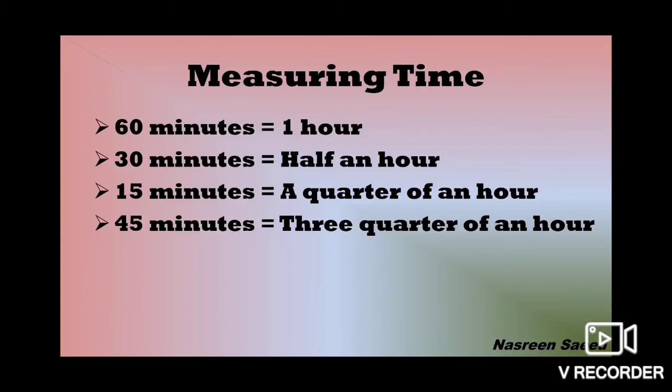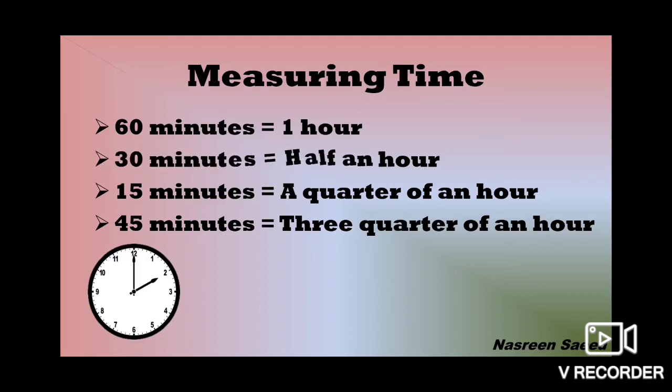Now let us see, 60 minutes is equal to 1 hour. So 60 minutes equal to 1 hour. 30 minutes equal to, now here I have shown 2 o'clock. So if I have to represent hour, my minutes hand should always be on number 12. Why should it always be on number 12? If you see, 12 fives are 60, and 60 minutes equal to 1 hour. So if my small hand is on number 5 and big hand is on number 12, it is 5 o'clock. Now here it is on number 2, so it is 2 o'clock.